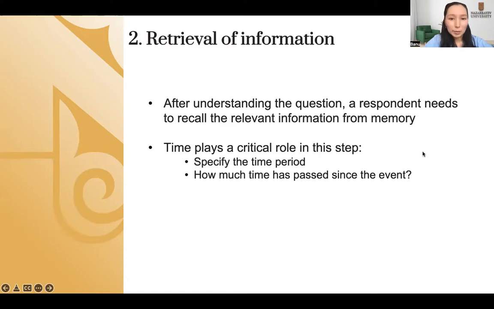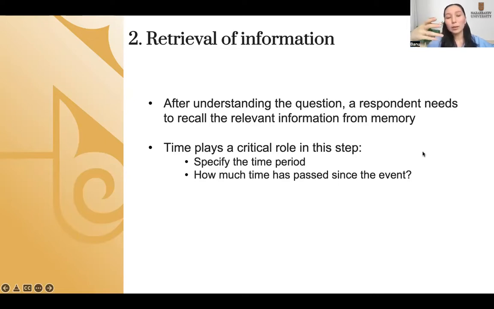By time, I mean, first of all, specific time period. It is very important to specify a certain time period, because otherwise, if the time period is too long or it's not indicated at all, it will require more effort from the respondent to search his or her memory